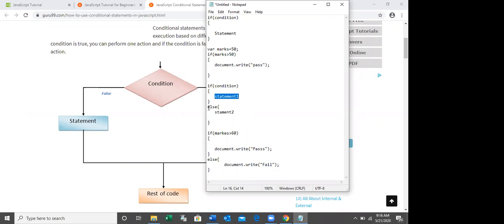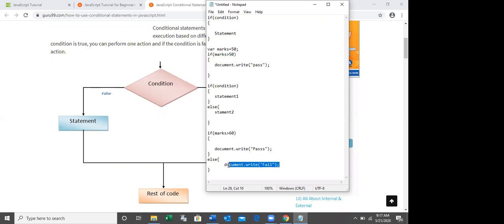If the condition is false, statement 2 will be executed. Here, see the marks is 50. What I'm checking here is if the marks is greater than 60. That condition is false, so the document.write fail statement will be executed.